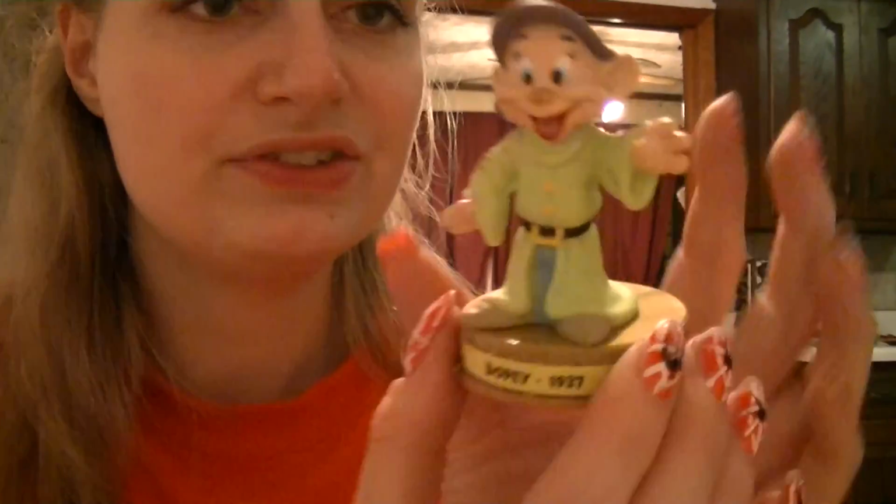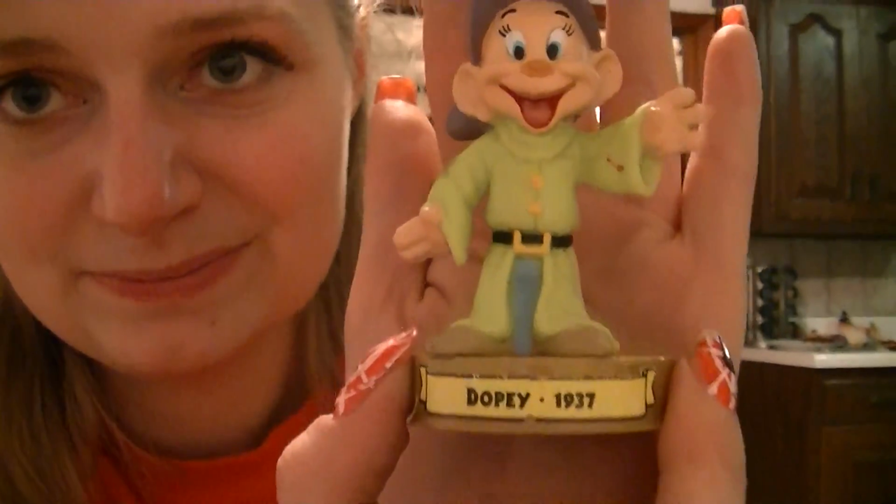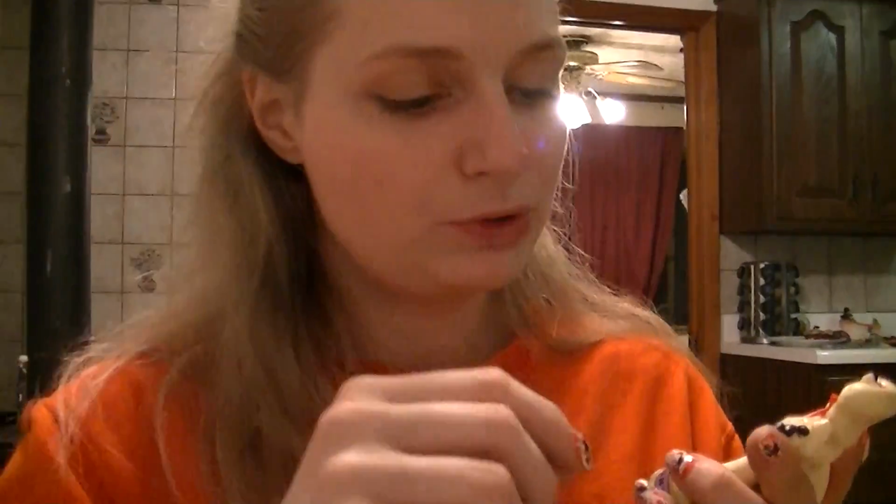Next is Dopey in 1937. Ooh, he is dirty. He's dusty. Here's the little Dopey. Isn't he cute? Did a very nice job on. I love this series. And the last one I have from this is Cruella de Vil, which came out in